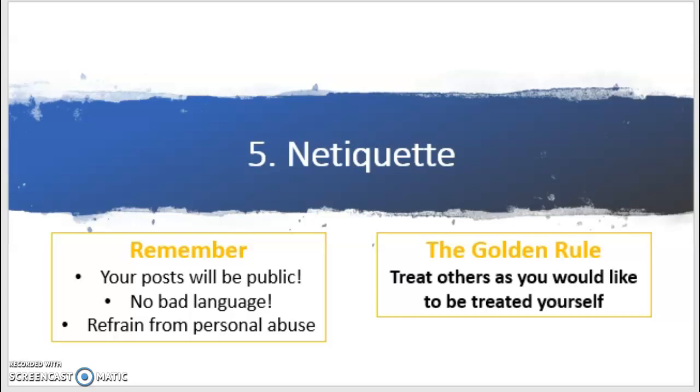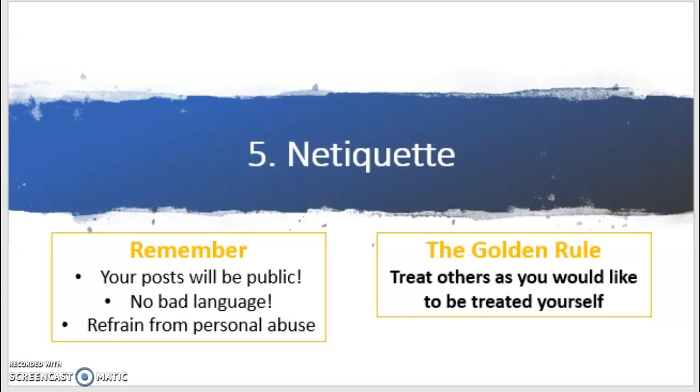The 3 points I really want to make here are that if you post online messages, these will be made public and they will be available to view by other people in the discussion group. So please, please, don't use bad language and refrain from all forms of personal abuse. I also want you to know that there is absolutely nothing wrong with you expressing your ideas, so please do so. But do it sensitively if necessary, and remember,